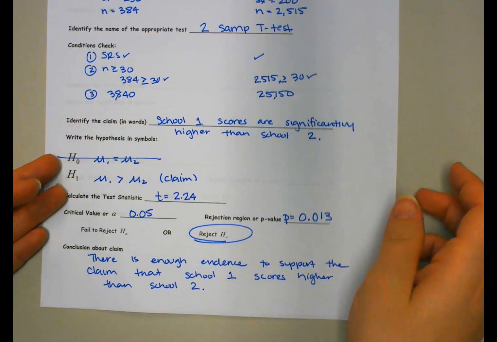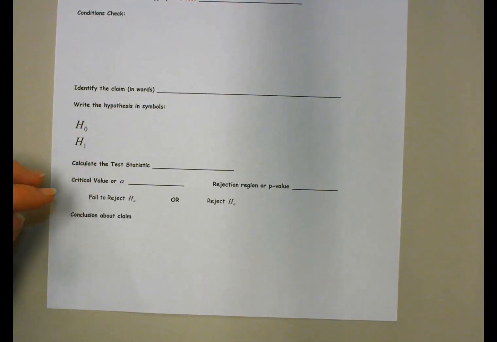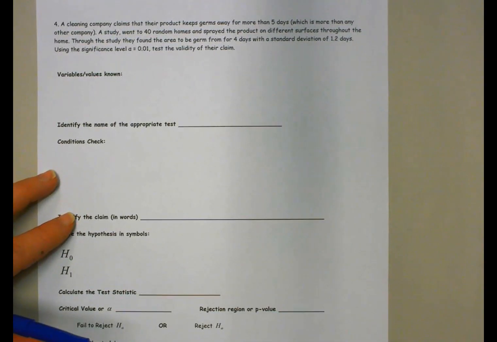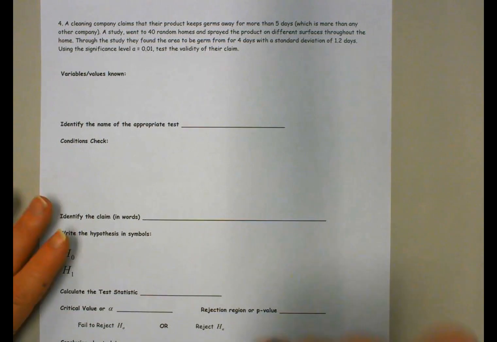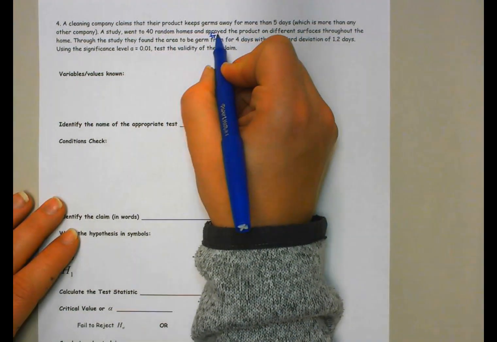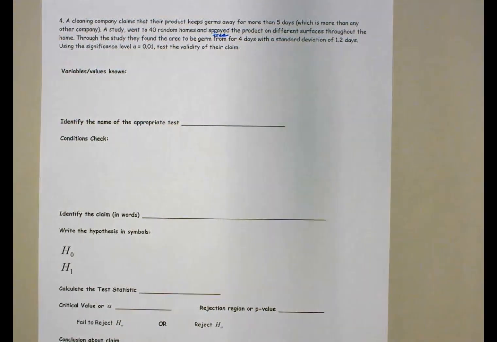So we have one more example to look at, number 4. A cleaning company claims that their product keeps germs away for more than 5 days, which is more than in any other company. A study went to 40 random houses and sprayed the product on different surfaces throughout the home. Through the study, they found the area to be germ-free. Sorry, that should say germ-free. For 4 days with a standard deviation of 1.2 days, using the significance level of 0.01, test the validity of